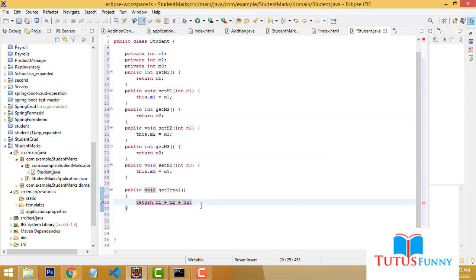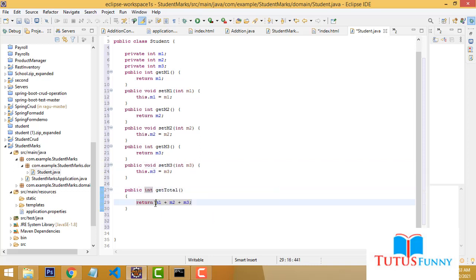So here we have to calculate all the stuff. What is the error? Oh, sorry, not void. This one should be int. That's the error. If you put void, the error says there will be no return type. Void does not return anything. If it returns something, you can put int.